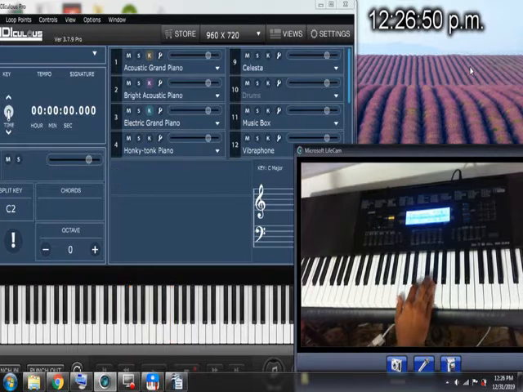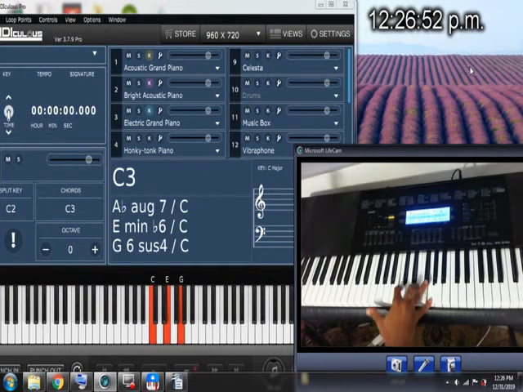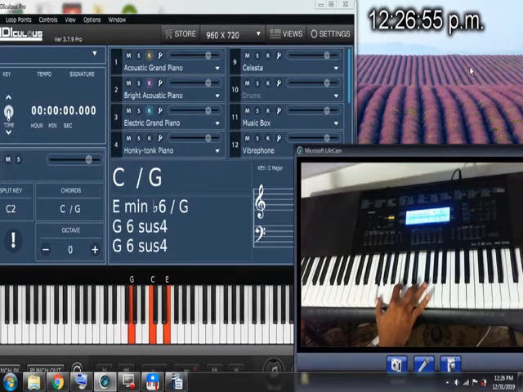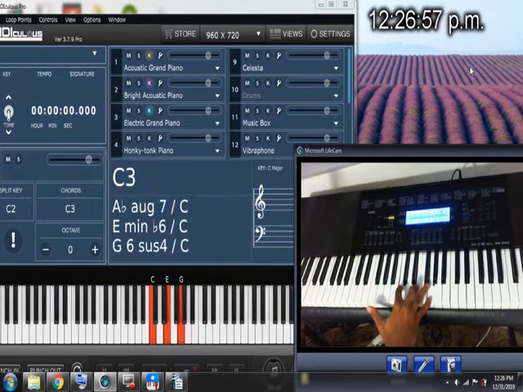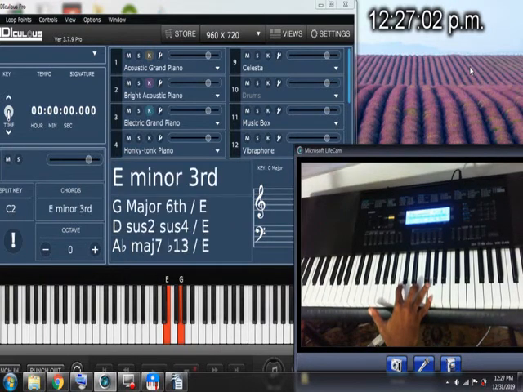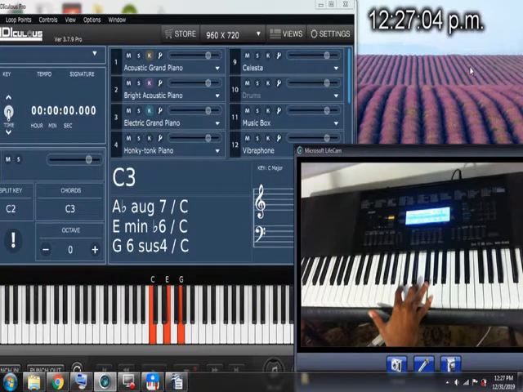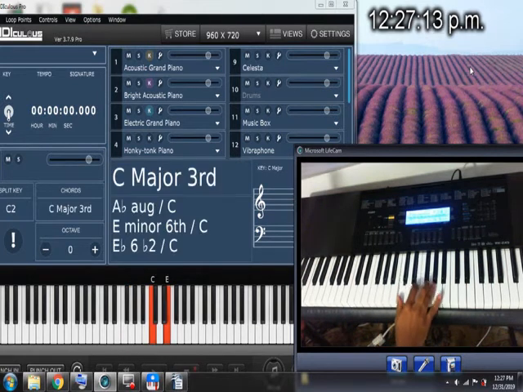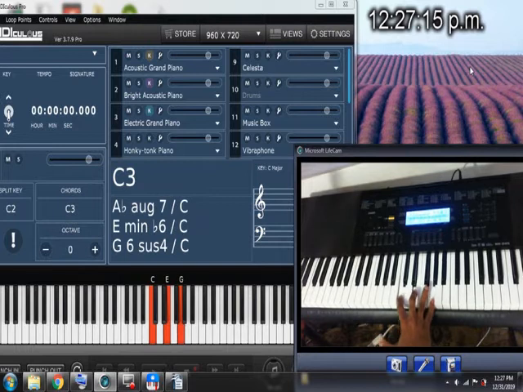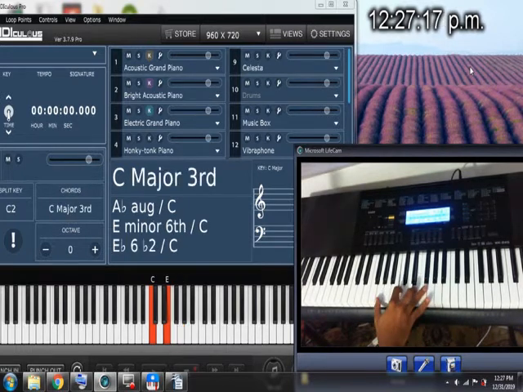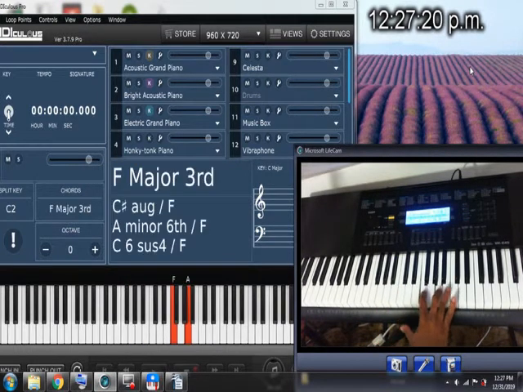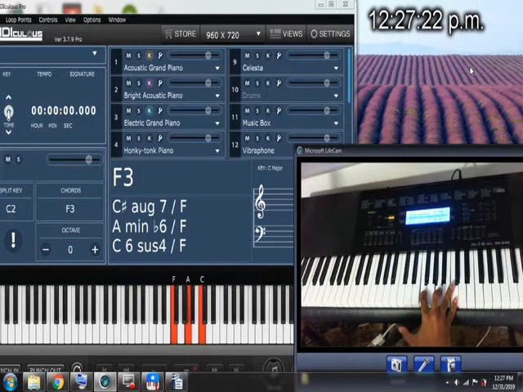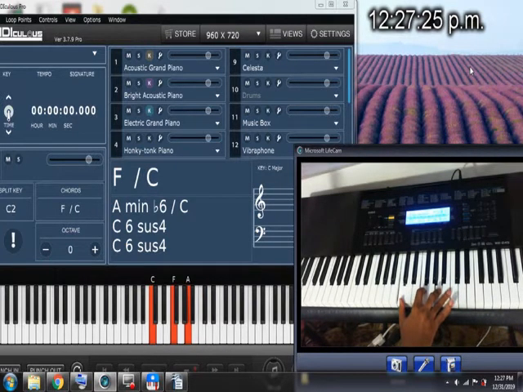Okay? So we have the root inversion and we have the second inversion. The only difference is, in the root inversion the root note is at the top, whereas in the second inversion the root note is in the middle. Okay? Root inversion, second inversion, root inversion, second inversion